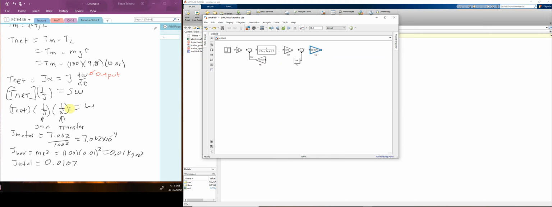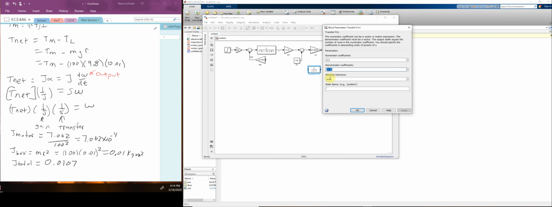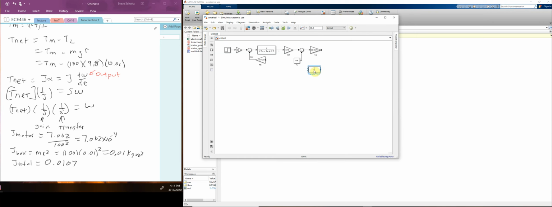Okay, and then we have to add in our transfer function here. But this one is going to be equal to the 1 over the s. Okay, so now this point here should now be equal to our omega. Well, our omega had to feed back to here. So now we have to take this point and wire it back to here,